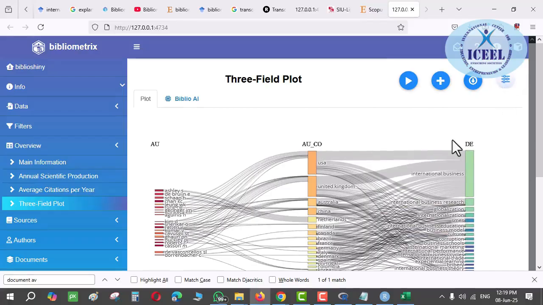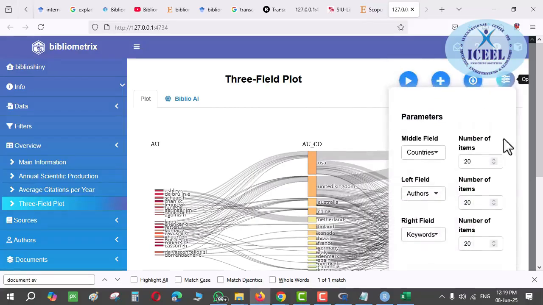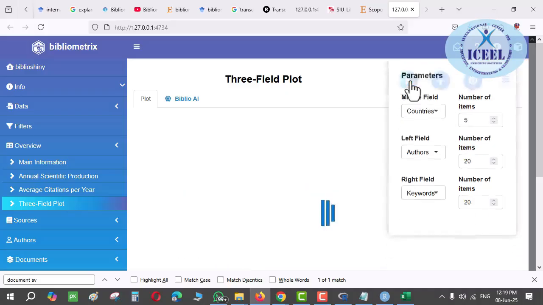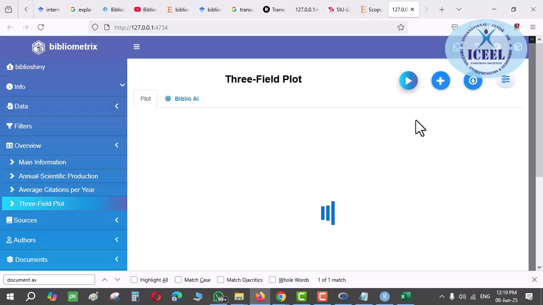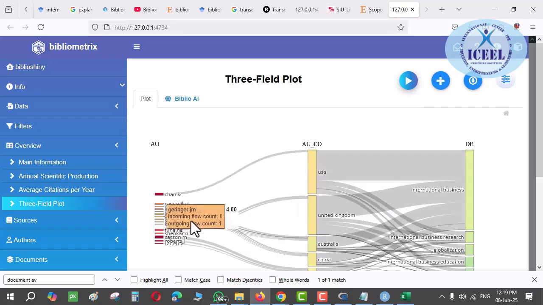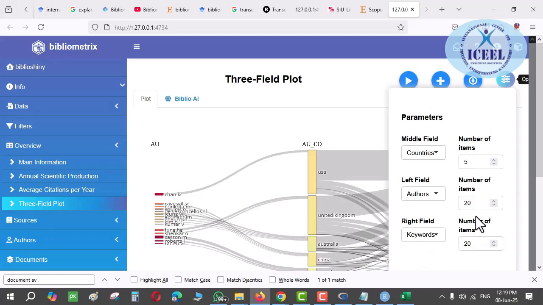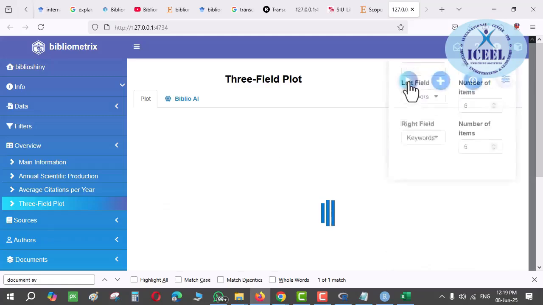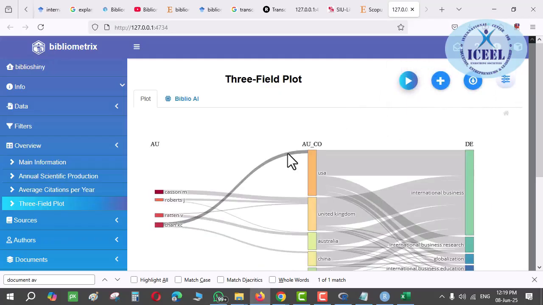Suppose it is very clumsy for me and I want to limit it to 10 numbers or 5 numbers. What I'll be doing? I'll be decreasing it to 5. Let me put it 5, right? Author, again 20 or 5. Let it be more number. Here you can see. Again, this also I want to decrease. You can do that even. Go here and select 5 here, 5, 5, 5 plots, so that you will be able to get the clear idea about top 5 people, top 5 researchers, top 5 countries and blah blah kind of things. See here.